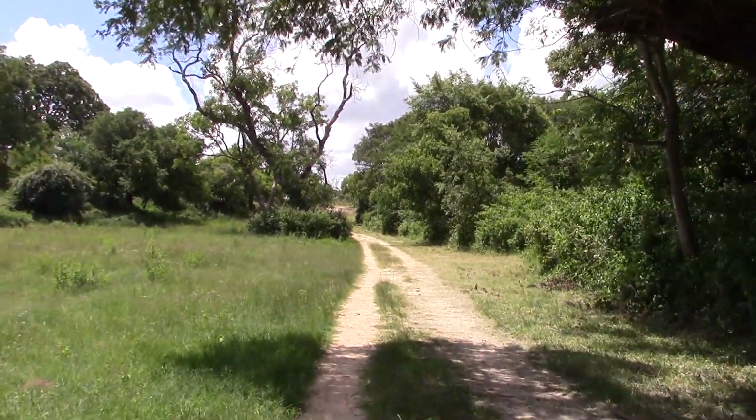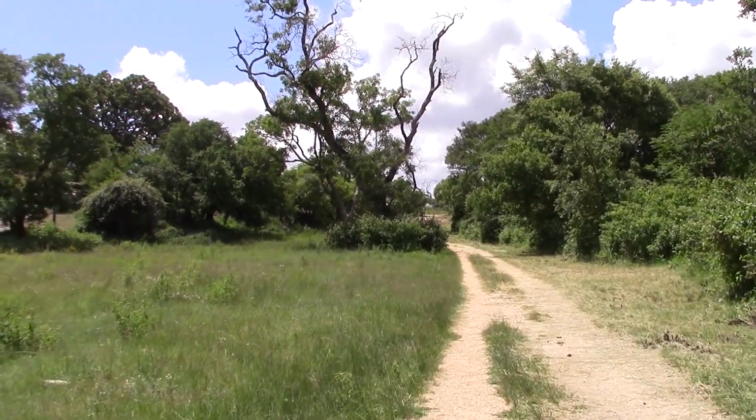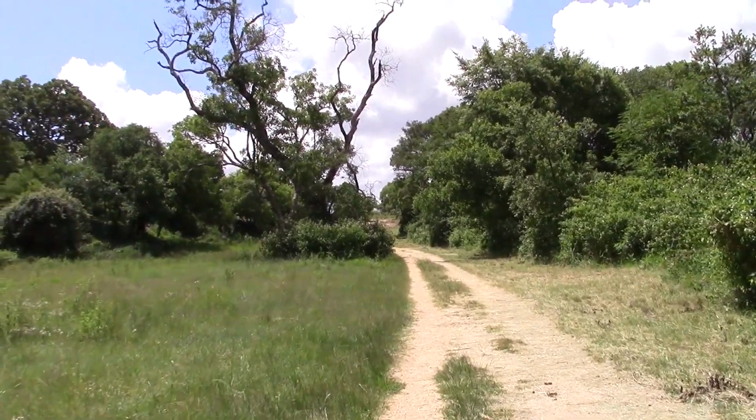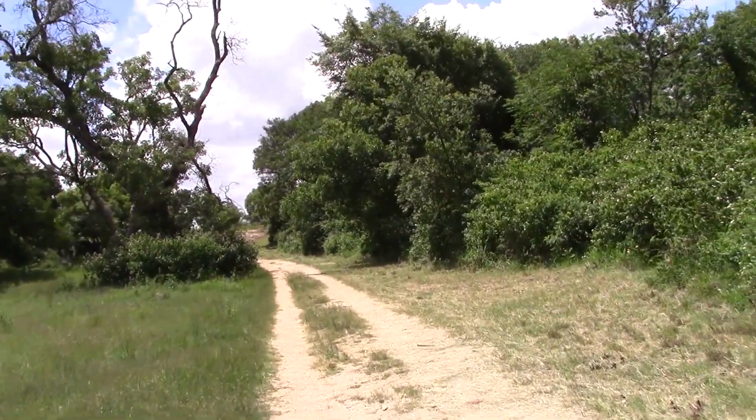the important thing to notice as well are the number of trees growing out of other ruins and walls that are completely neglected. I'll try and point them out as we go. And as you'll probably be aware of from my research and my work in the stone circles of South Africa, the trees that grow next to the walls or out of the walls are a big problem for these ruins, because ultimately they break down the ruins and they knock over the walls, and the weeds grow out of the walls, and it's just a constant destructive tool and an element that eventually breaks the walls down,